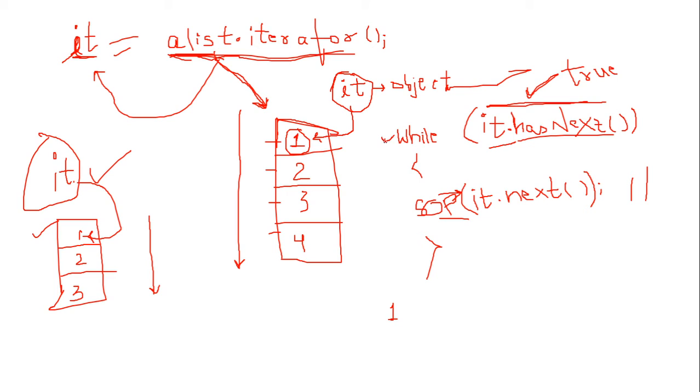As you can see, the iterator was sitting outside, and when we executed it the first time, 1 is printed with the help of system.out.println. So again the condition will be checked. As of now you can see the iterator is present in the first block. Let me remove this from here and write it here. Okay, so it is pointing to this first block.